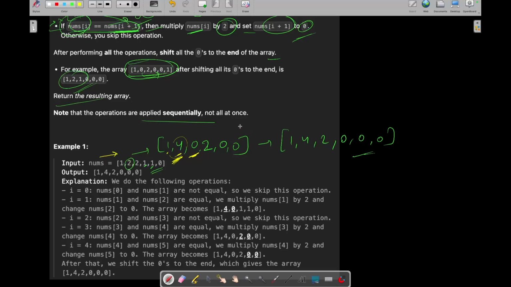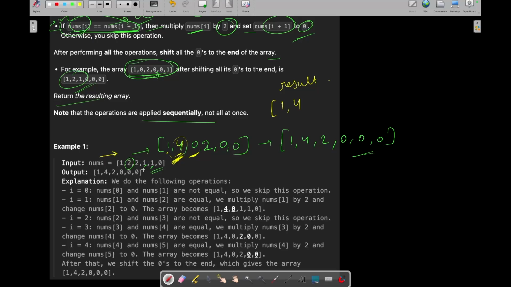And we can create another vector, which will be our result vector, to push the numbers which are non-zero. Let's suppose we compare 1 with 2; if they are not equal, then we push 1. And if we compare 2 with 2, we need to update 2 with 2 multiplied by 2, so we update it with 4 in this nums vector and we push this 4 in our result vector.